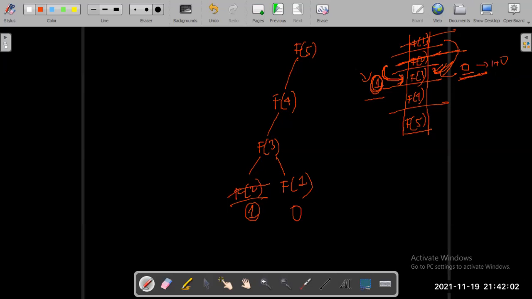It has calculated itself, so its part is complete. Pop it out, this function call is complete. Return this 1 to the current top of my stack, that is f of 4. Now f of 4 requires f of 2. After f of 3 has returned, what is the current state of my stack?